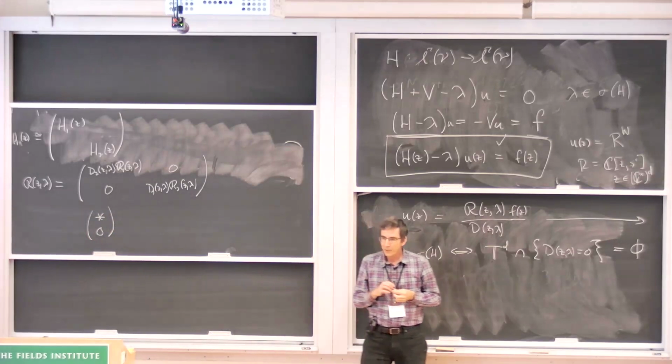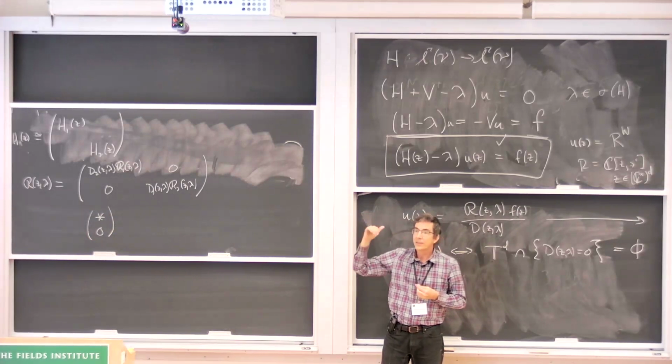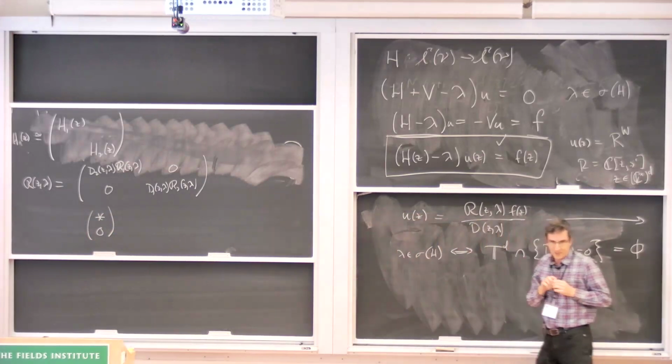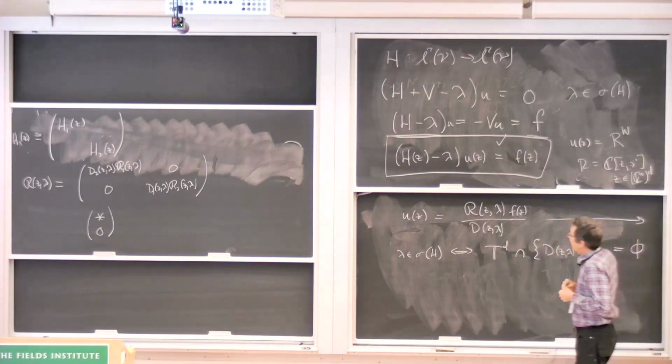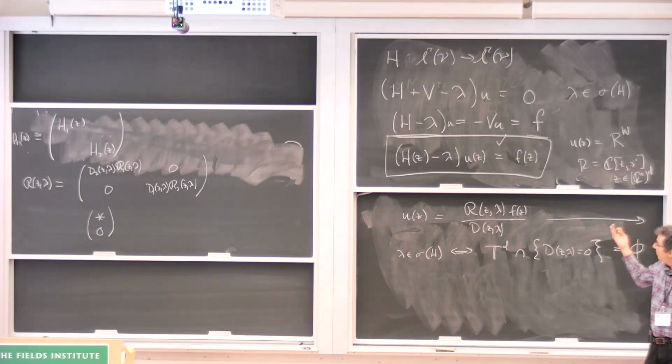So the title of this paper with the physicists is something like Bound States in the Continuum for AB stacked graphene without symmetries. So how can you achieve this kind of thing if you do not have symmetries? It's kind of understood in physics, not just for periodic media, in optics and different things, that if you have symmetries, then you can try to use those symmetries to get embedded eigenvalues. But if you don't have symmetries, it seems to be a really difficult thing to do because they have to